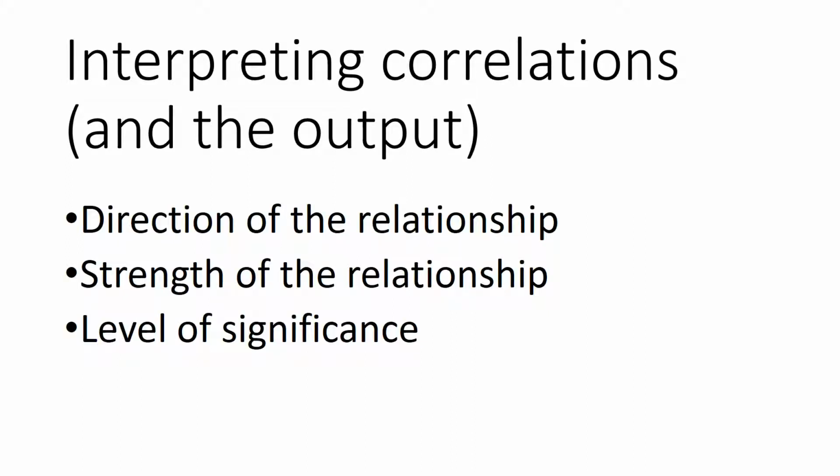The readings provide a lot of information about interpreting correlations, and we've seen the output. Hopefully this video will help summarize the ideas and provide an example so you're comfortable with the interpretation. Remember, we'll look at three pieces of information: the direction of the relationship, the strength of the relationship, and the level of significance. All of the information we need to interpret the correlation is in the table labeled Correlations in